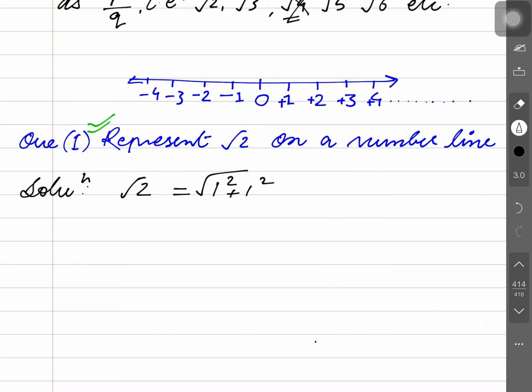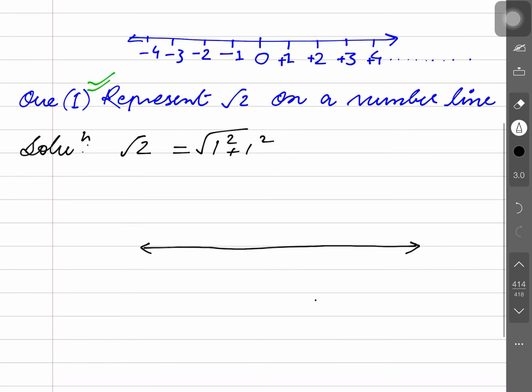So for this, what I will do is draw a line here. Sorry, I will draw a line here. What is this? Some student says this is a number line. No, this is not a number line, this is a line. Where have I written numbers here? No, it's just a line. Okay. Now I draw a line and go on writing the steps of the solution also. Step 1: draw a line.